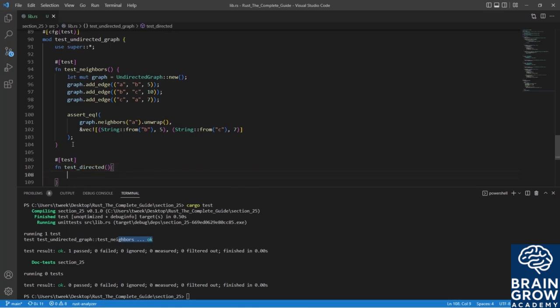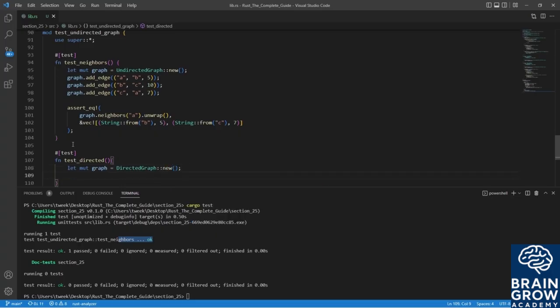And it's going to be set up pretty similar, so we will say let mut graph equals DirectedGraph::new, and we will say graph.add_edge from A to B with the weight of 5,